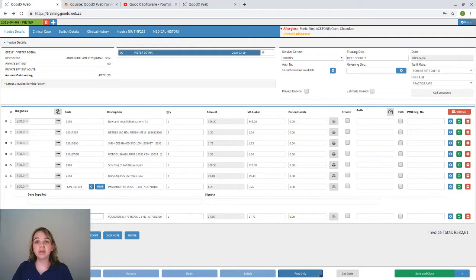Then you post it, but then you have to go at a later stage and send all of your claims. So if you only want to post and then send later, then you go to your claims history, and we will come to that again. But then you go to your claims history and you send all of them as a batch, okay? But the